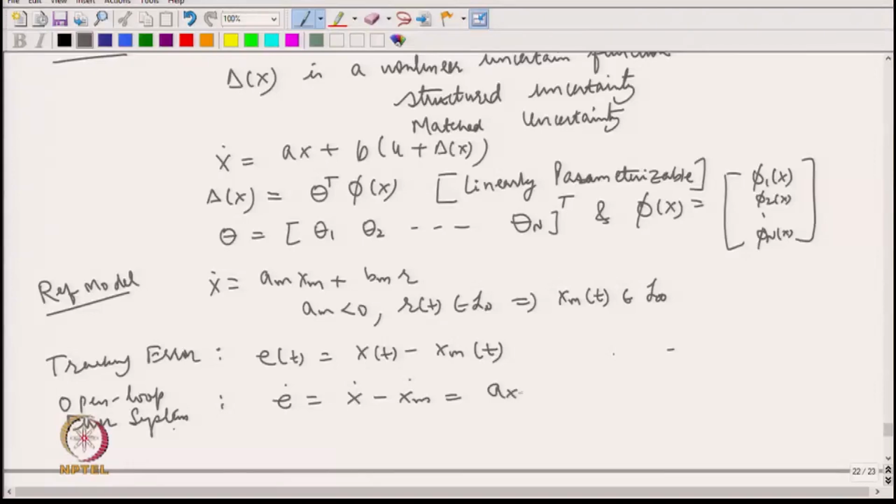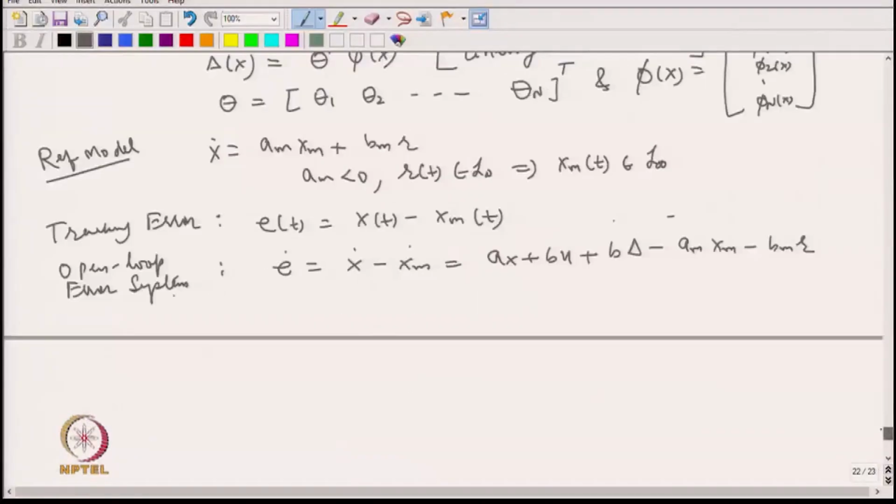So, in this case we get the B delta term because of this nonlinear term which we did not get before, but in this case we do consider this term. Okay, so,